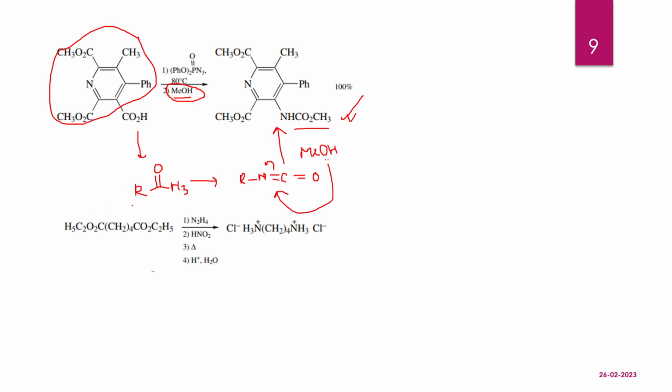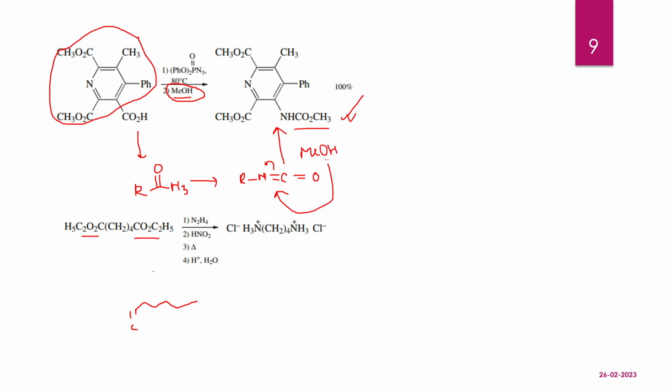So the next reaction is this one. In the similar way, see, there are two ester groups. Both ester groups are similar; both are ethyl esters. So both will react in a similar way. There are four carbons inside. So first it will form